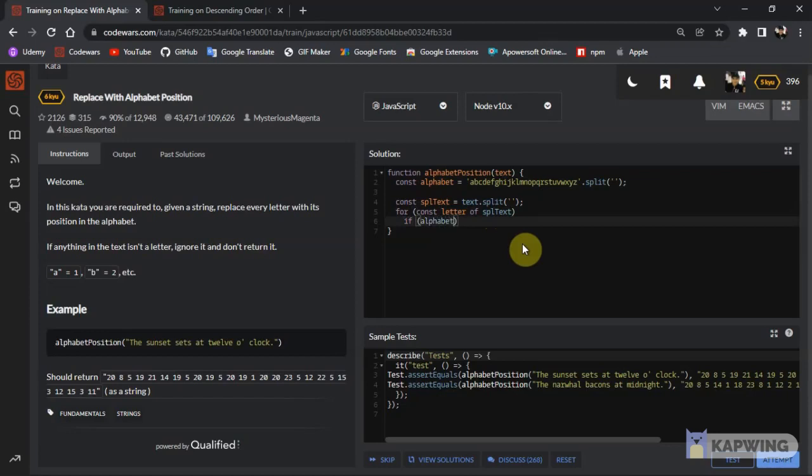if alphabet includes letter, so every single element of this one, if it includes, and we'll say that we have to convert it to lowercase because it might be an uppercase, because there are no uppercase letters in here, right? So if it includes, then